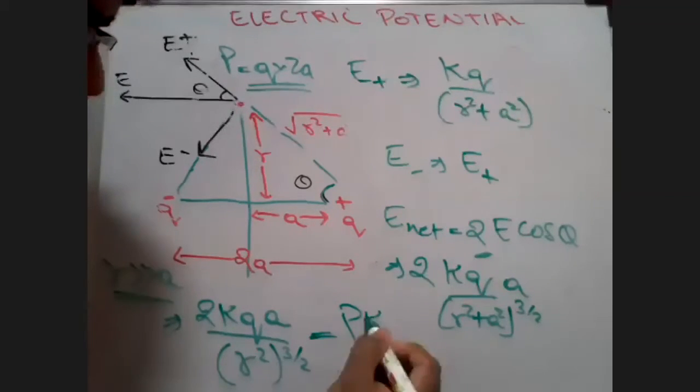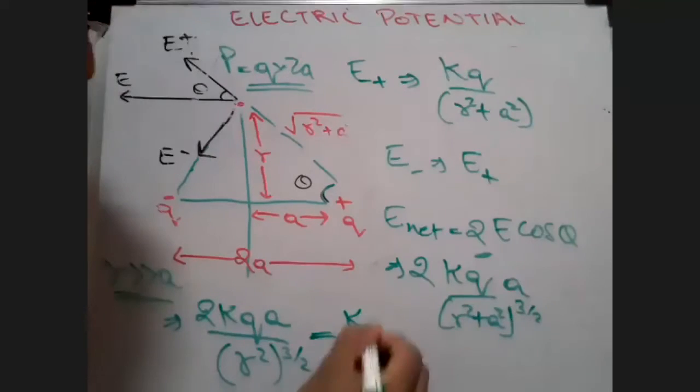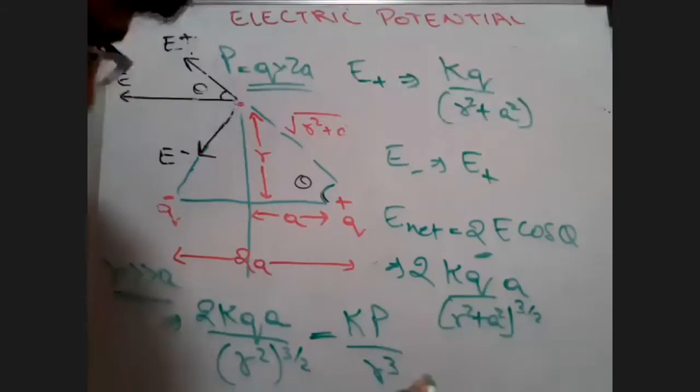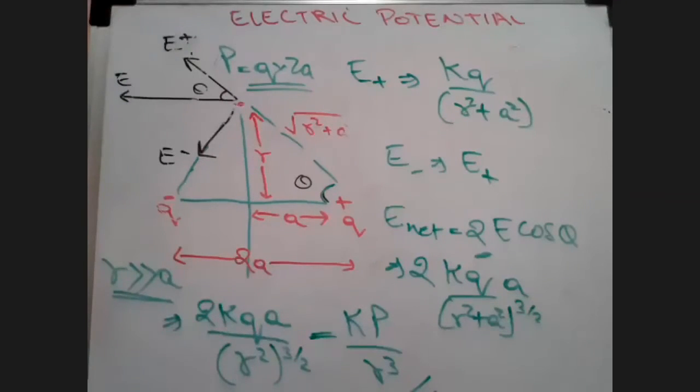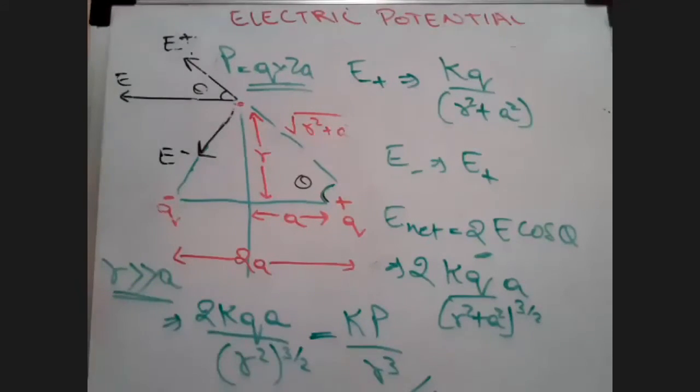So this will become K. Okay, that sounds funny, so I will just interchange it. It will become Kp upon R cube. Am I right? Okay, so what is basically the dipole moment? This is also called broadside on. Suppose in your exams broadside on comes, they tell you to derive the dipole moment on the broadside. Basically it means this. Remember, this is important.